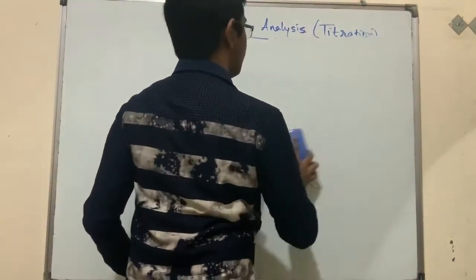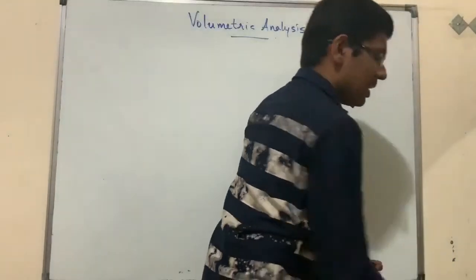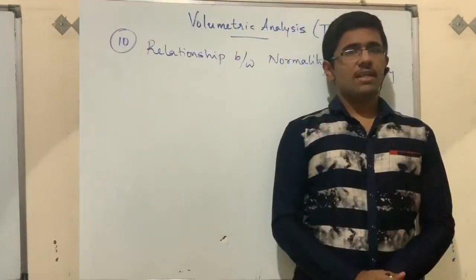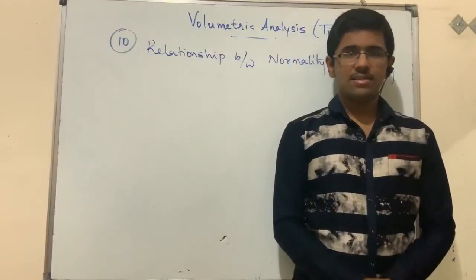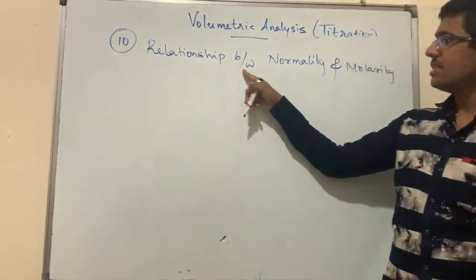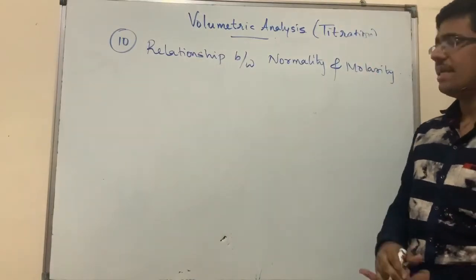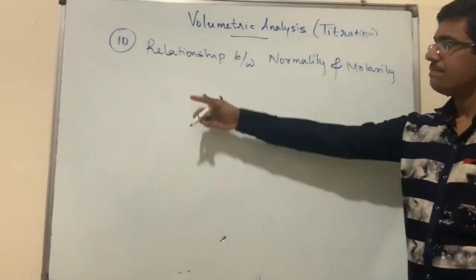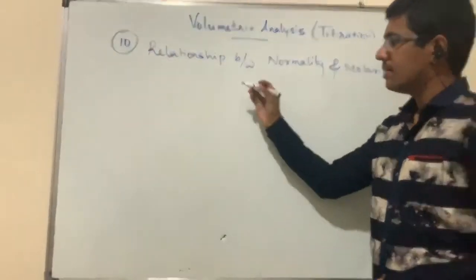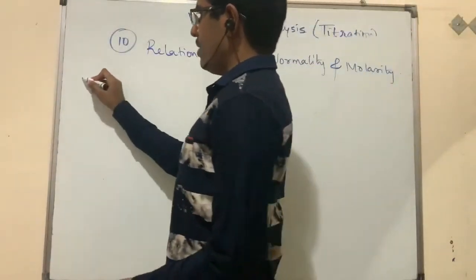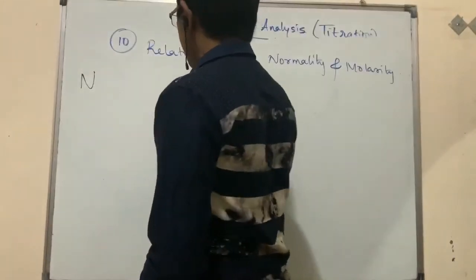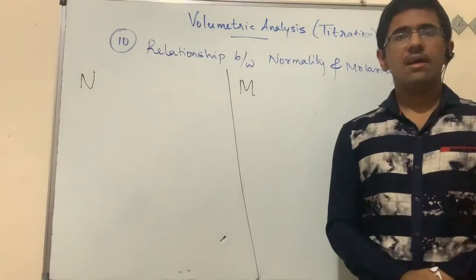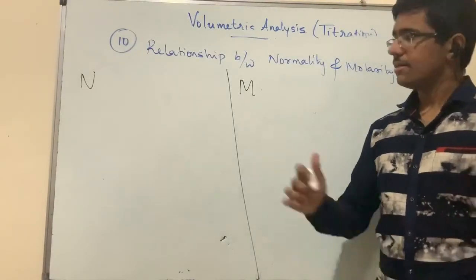Another. What is the relationship? This is your 10th question. The 10th question is: what is the relationship between normality and molarity? Let's see. What is determined by normality, and what is determined by molarity? Normality is defined as